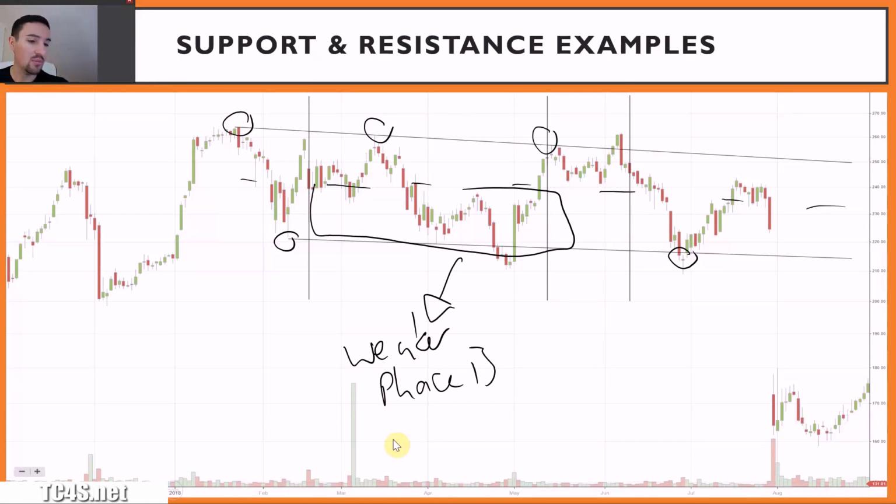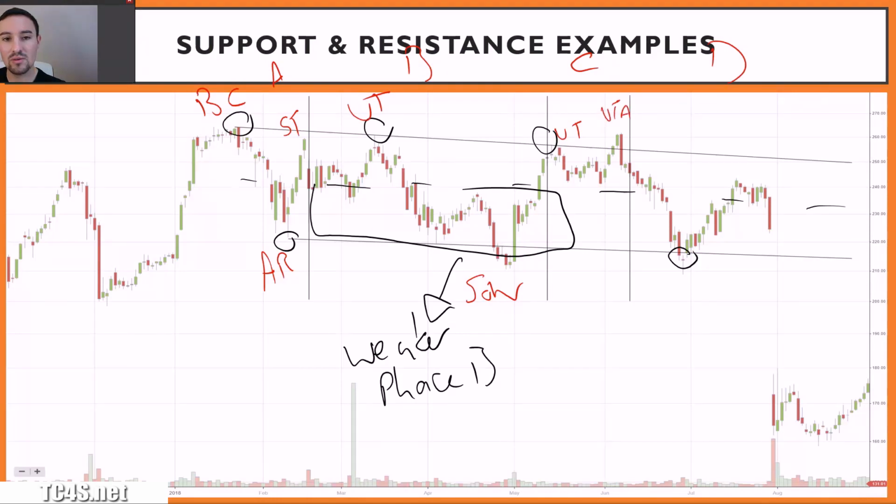Bit hard to see the volume because we got some really large bars like here that slightly skew our scale, but if we were to run through the labeling as well for this structure, we would have our buying climax, we'd have our automatic reaction, we'd have our secondary test that would mark the end of phase A, and we're going to go on to structural phase analysis, the definitions in the next session. We would have an upthrust in our phase B, we would have a sign of weakness, and then this would be another upthrust,